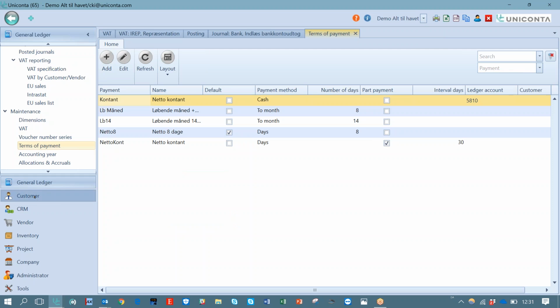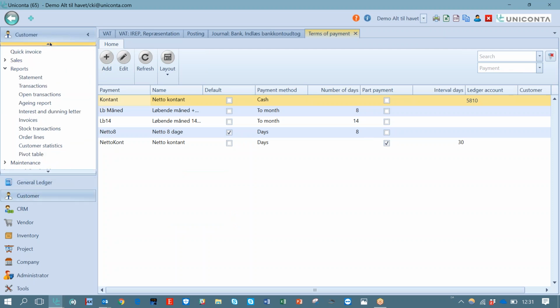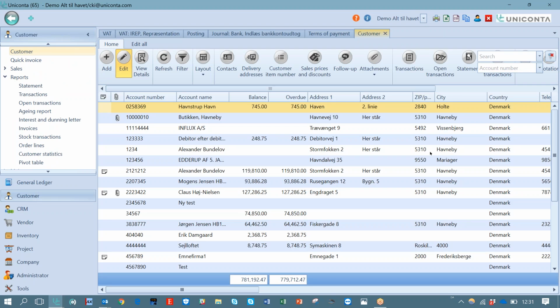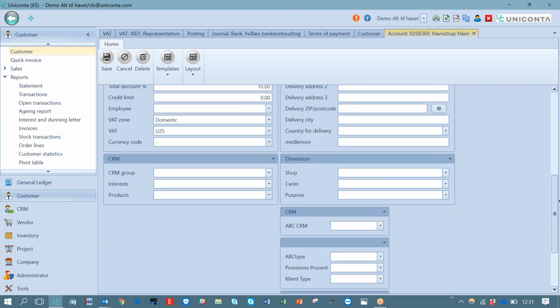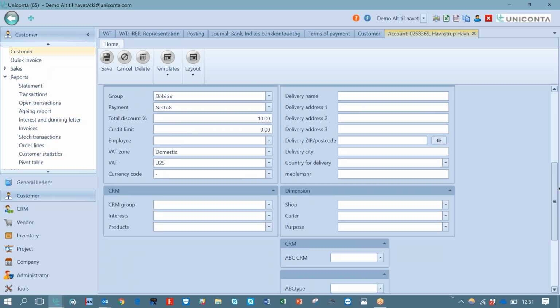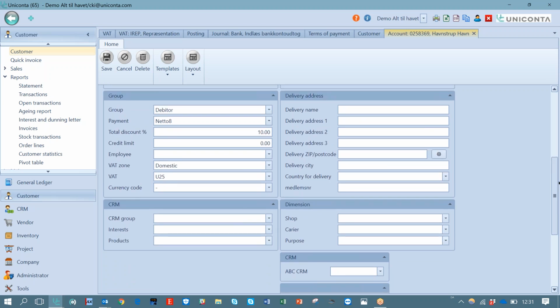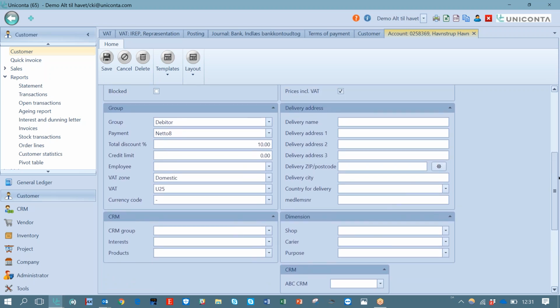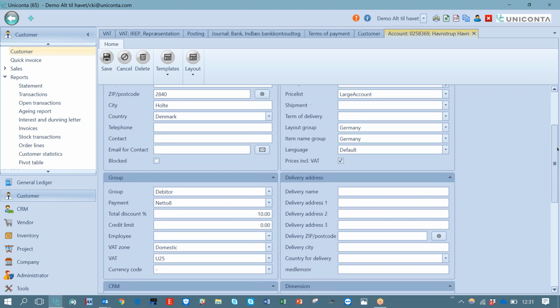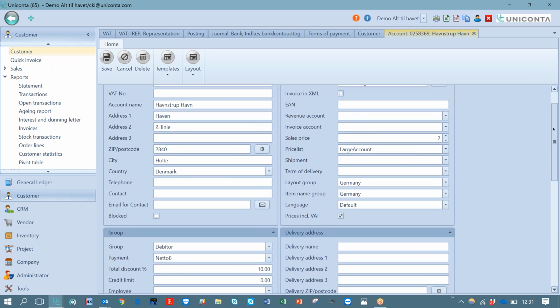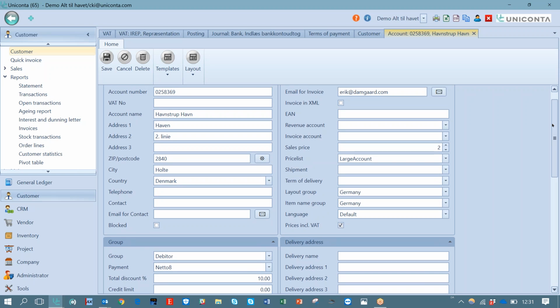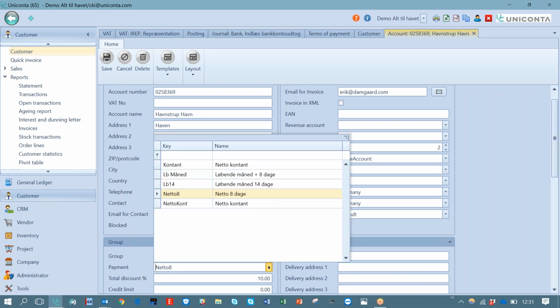If you go down here on the customers and go into the debtors, and then I think we have it here. If I say edit, go down here to the bottom. I think we have the total discount percent here, but I think we also have a cash discount. I see the total. Yeah, but I think you have the payment terms. Well, yeah, I have the payment terms here, but if you want, I think we have a